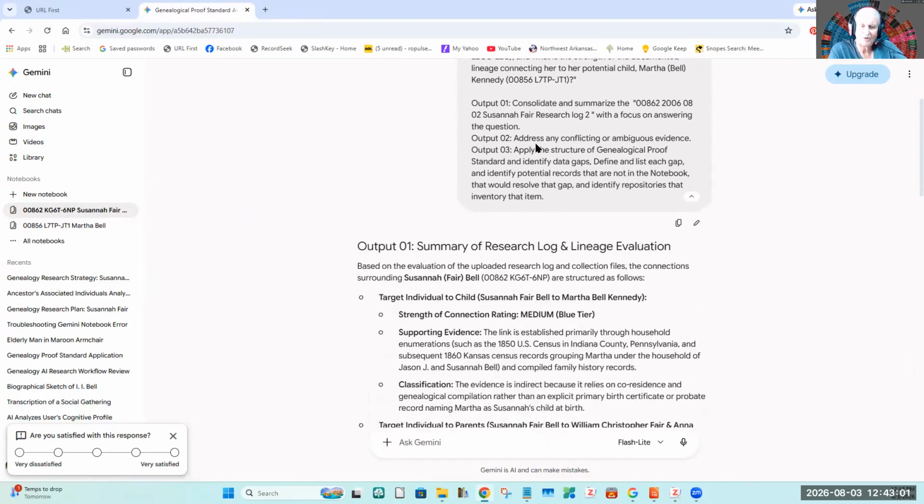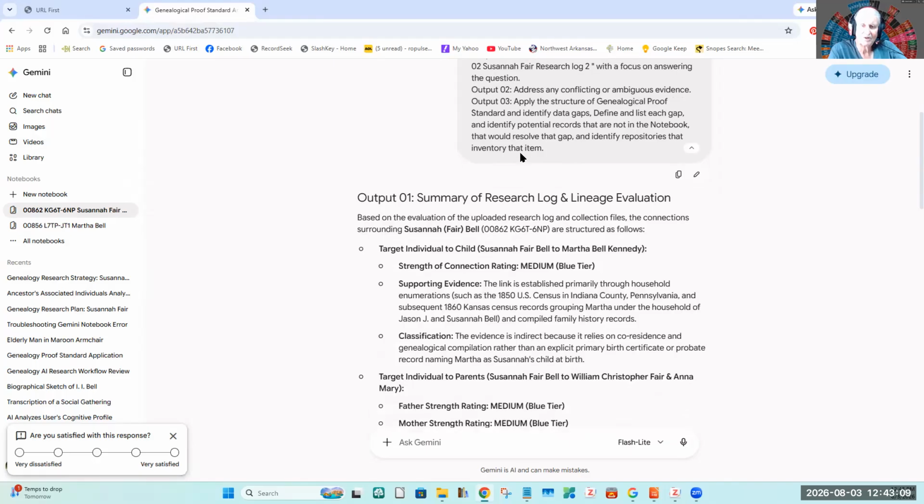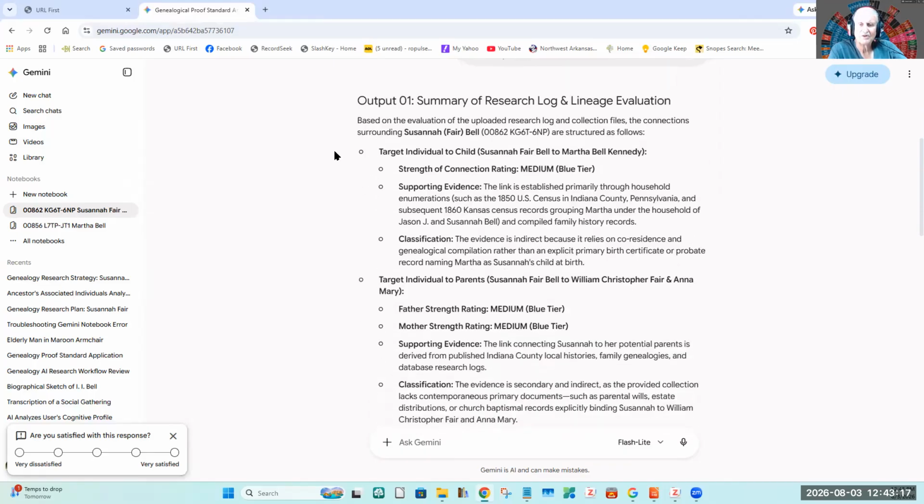And then output 2 is address any conflicting or ambiguous evidence. And 3 applies the genealogical proof standard and helps me resolve the conflicts. So the summary of research logs and lineage evaluation.